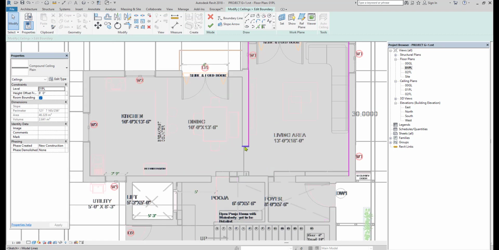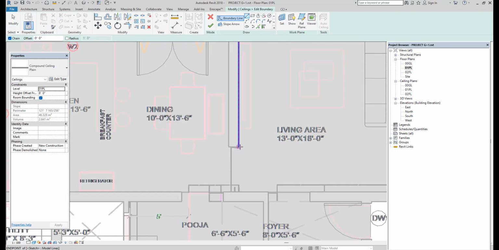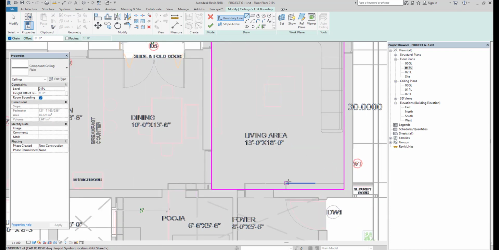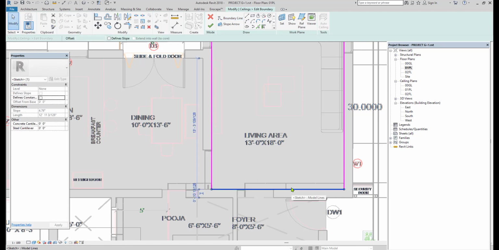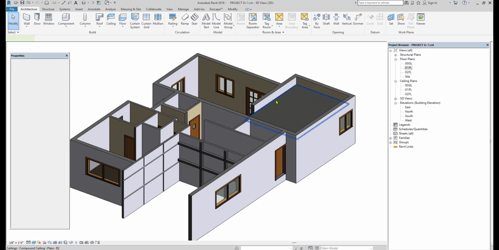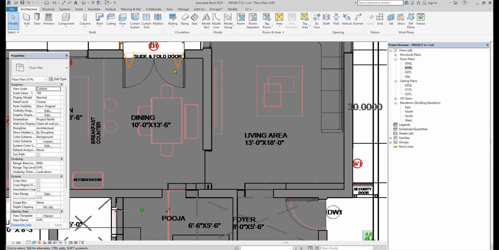And then as I already told you, whenever you want to create the design, make sure your design is in a closed loop like this. I'm just adjusting the width and then height by using the arrow mark and then finish it. So this time you get the ceiling for only the living room. You can go with this method, or else I am deleting it and again I am clicking on the plinth level.